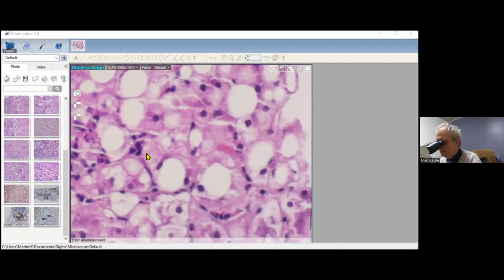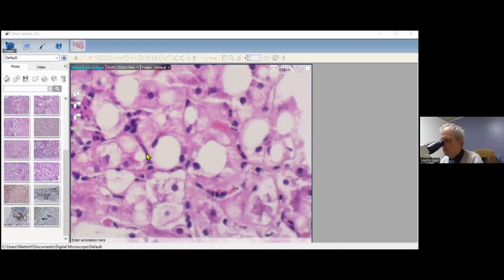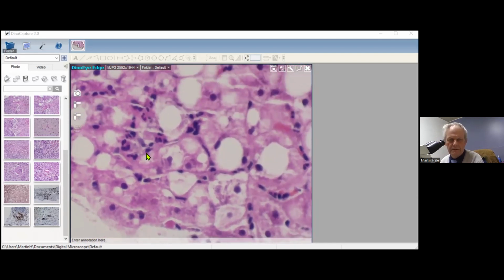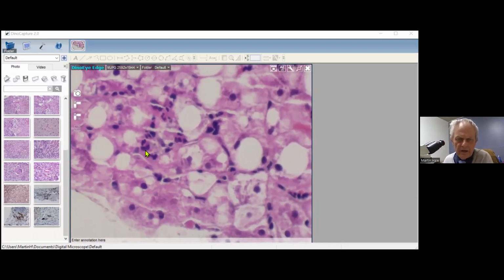So there we are, right on the end of the biopsy. So there's a focus of neutrophil inflammation, steatohepatitis, which is neutrophil mediated. So that would score a 1. Okay, so now we've got an activity score then of 2.